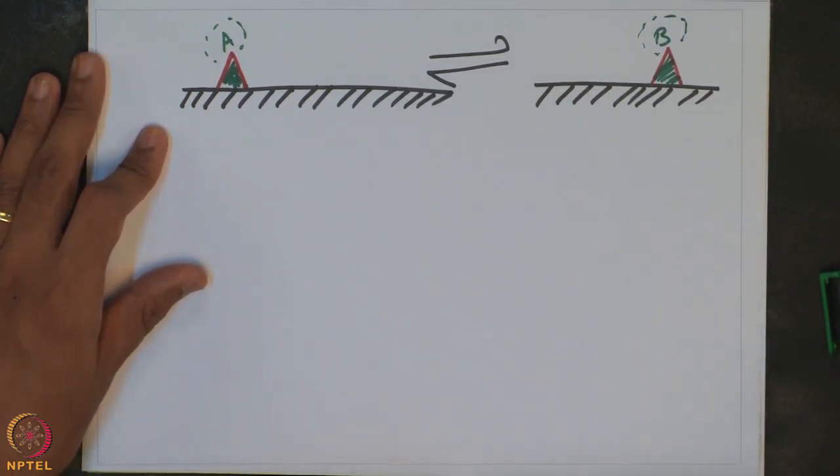So, it is a reversible process, and therefore, one can actually write